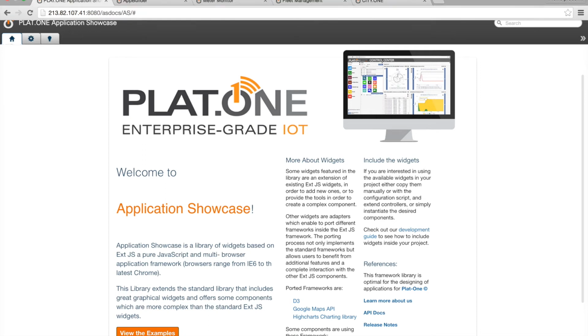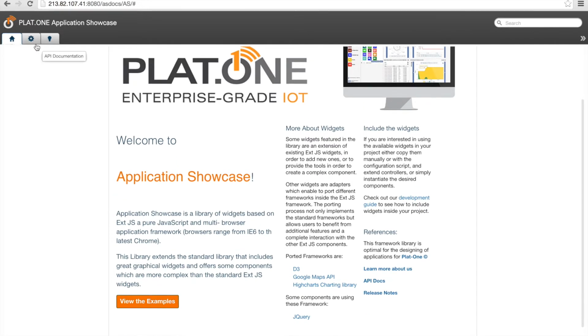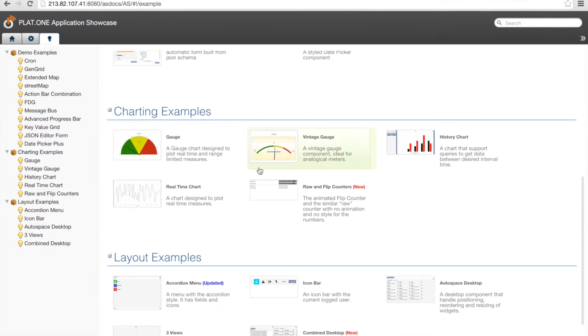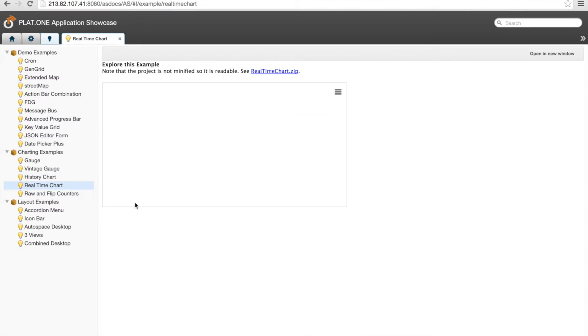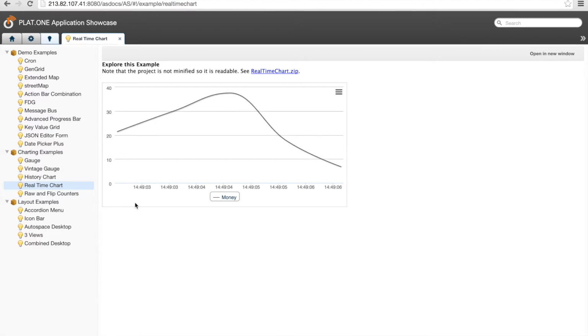In this demo, we'll show how to leverage the PLAT ONE application enablement feature to develop your application in just a few clicks. With PLAT ONE, you can quickly develop and deploy compelling enterprise-grade applications across a range of fixed and mobile devices using the newest HTML5 Internet standard. The starting point to enable this feature is a rich library of HTML5 widgets that are bound to the PLAT